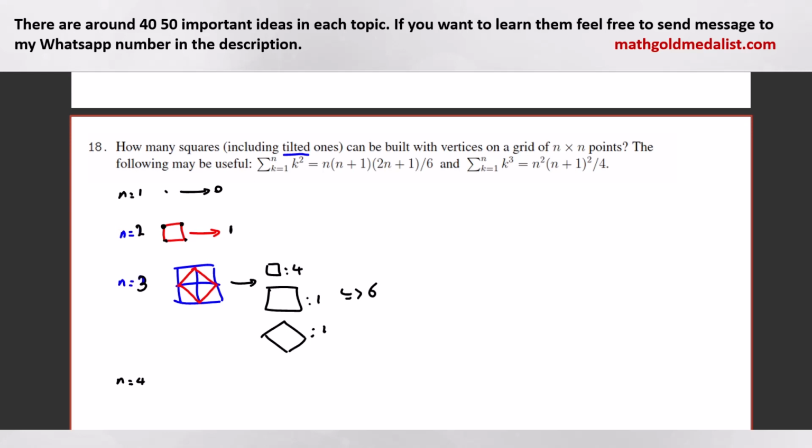Total ones 1, 2, 3, 4. And those ones aren't vertices. So, first of all,